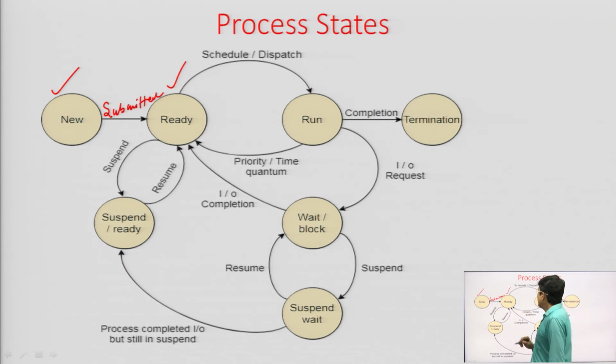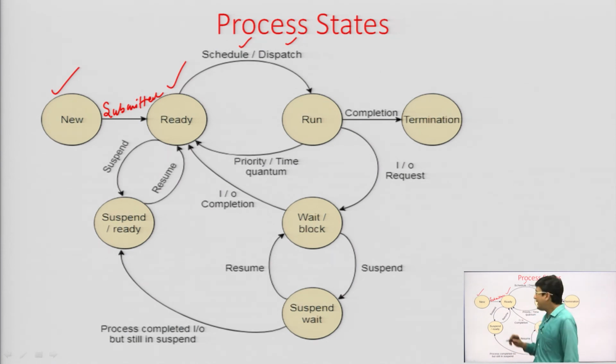When the process is in the ready state, it is maintaining a queue there. There are many processes which are interested in executing on the CPU. So, we are selecting one of the processes from the ready state to go into the run state, when the CPU is free for the execution. So, we can either schedule a process, or we can say that we can dispatch a process from the ready state to the running state.